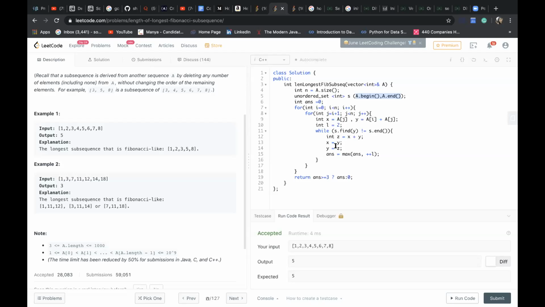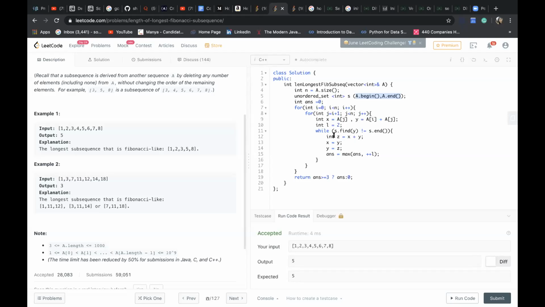So z becomes 5, and I assign the values: x will now be the previous y, so x will be 3 and y will be 5, the next one, which we calculated as z.